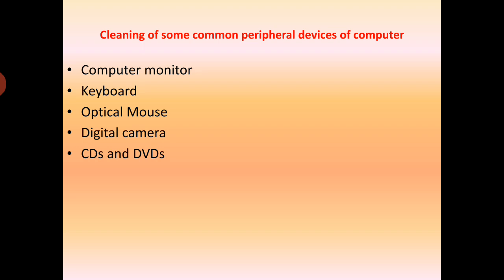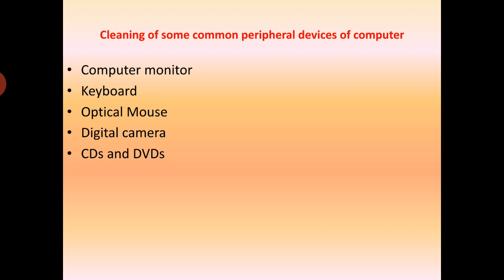Now, how to clean the keyboard? Students, dirt and dust can cause damage to the keyboard. Keys of the keyboard may not function properly if dirt enters the keys. You should always clean the keyboard periodically by holding it upside down and shaking it. You can also clean it by blowing it with compressed air. After this, use a damp lint-free cloth to clean the top of the keys. You should never spray any liquid cleaner or water directly on the keys of the keyboard.